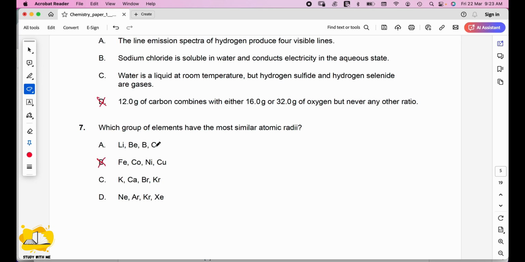They are from period 2, and when you move across a period, the atomic radius will decrease